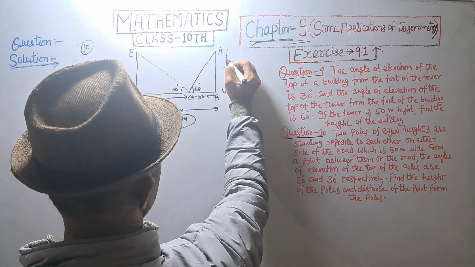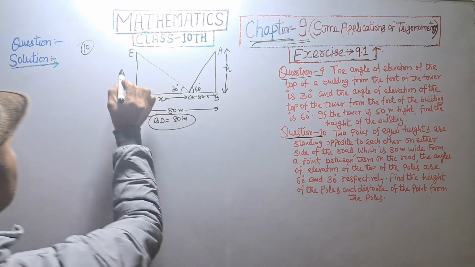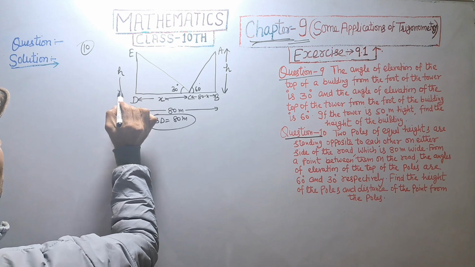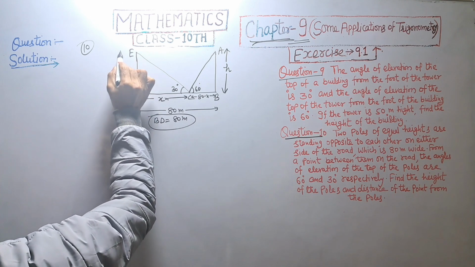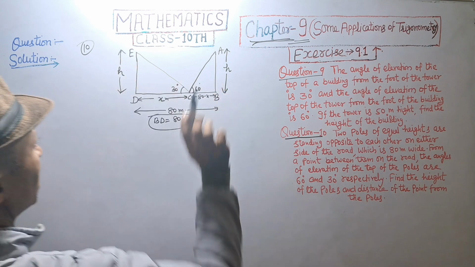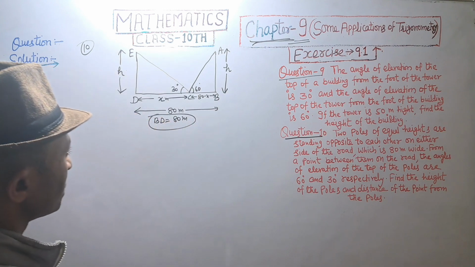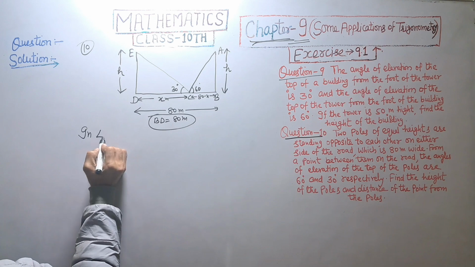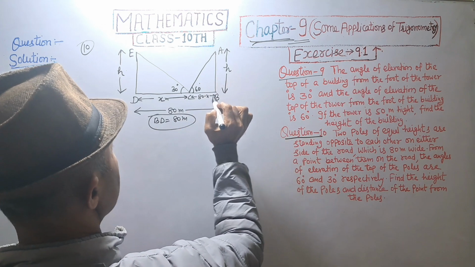AB is the same, equal poles, height H meter, H meter. In triangle ABC,